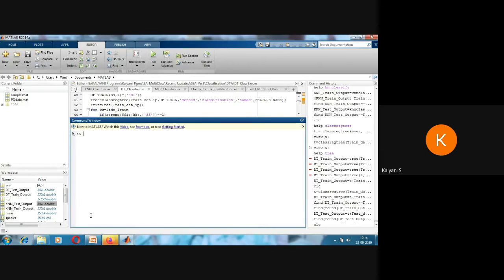So what I am going to do here is build a network first. The function used is newff. Of course, newff is nothing but feed forward neural network. I am going to build a network with train data, transposed train data. In MATLAB, if you put an apostrophe, it is nothing but transpose, so the row and column will be interchanged. So I will be doing it with train data and train output, transposed matrix.